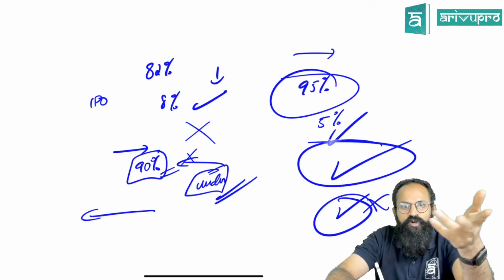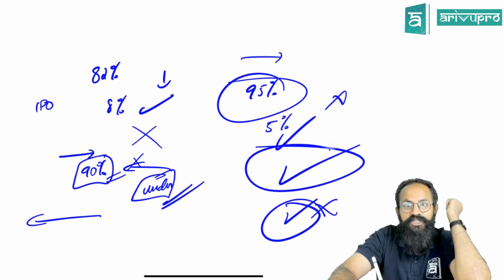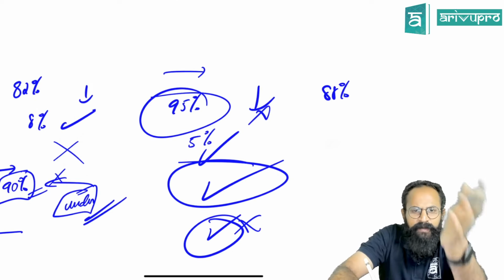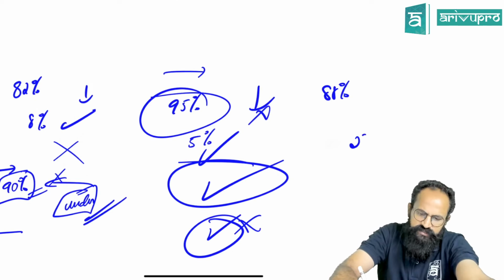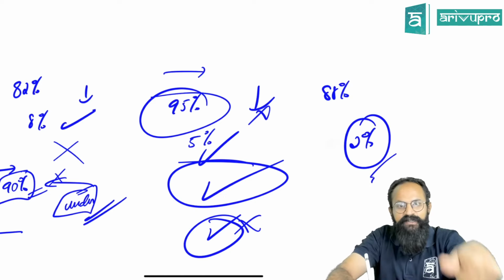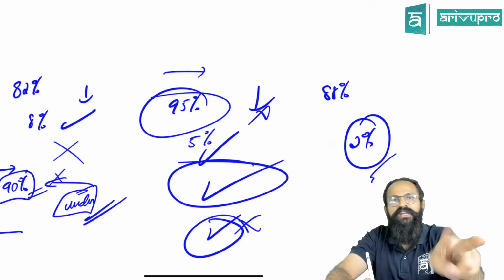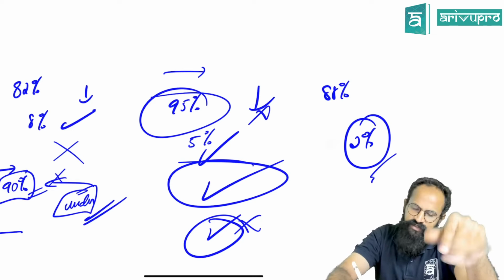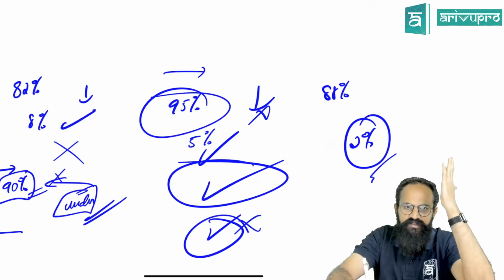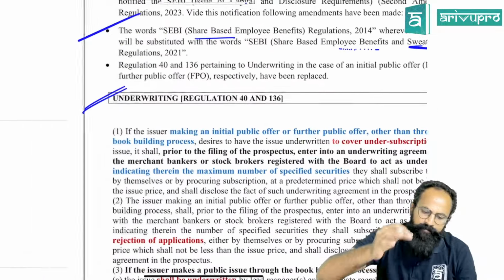So in such a case also, there is rejection of the application. Whenever it is an improper application, because of that it is coming down to 88%. Imagine 7% of the people were like me. Now the 2% will be subscribed by the underwriters. Meaning what, sir? Whenever there is under subscription or whenever there is rejection of the applications applied for this IPO, in this case, it will go for underwriters subscribing for it. Is this clear? Yes, sir. Okay.